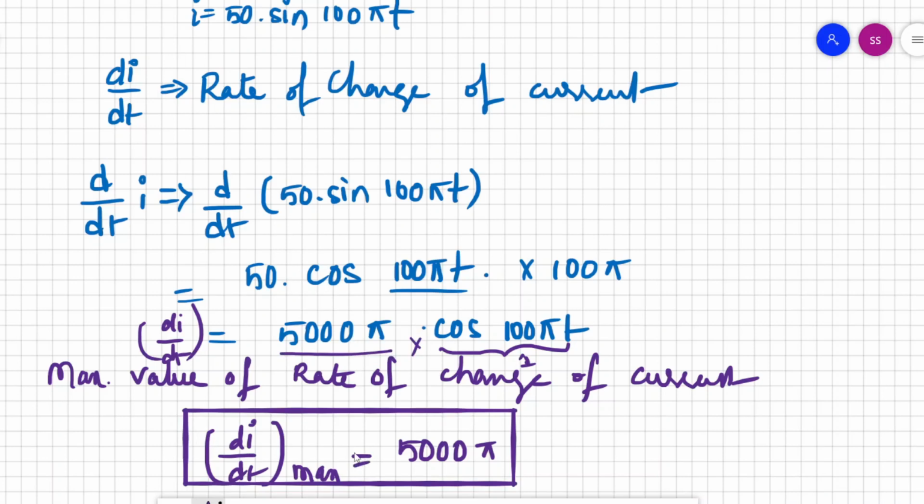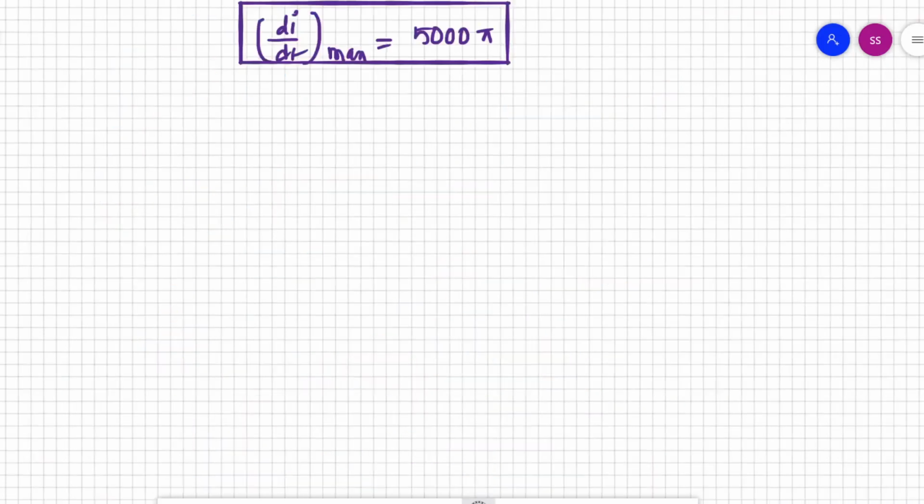Now let us proceed with the second question in the given problem. So what is the second question here? We need to derive average and RMS values of current. Okay, so you can simply find that. We need to find the average value first, then the RMS value of current. So these are the things to find.